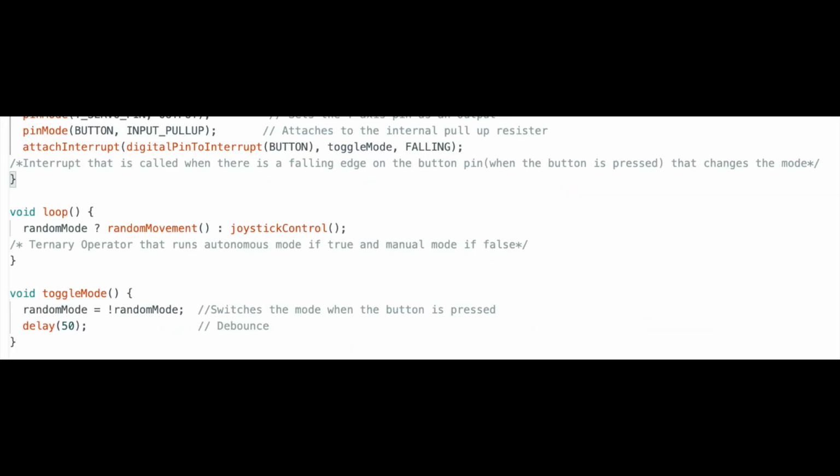This part of the code is the interrupt. This is used because we always want the mode to change when we press the button. So when there's a falling edge detected, then the function toggle mode is called, which changes if random mode is true or false. And depending on that, the ternary operator in the loop function will run either joystick control or